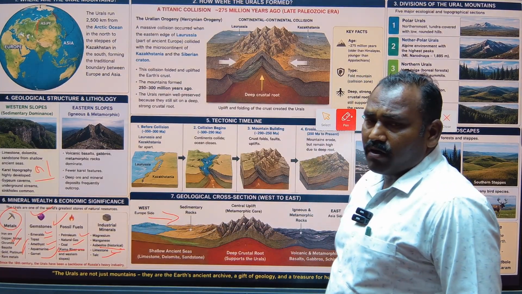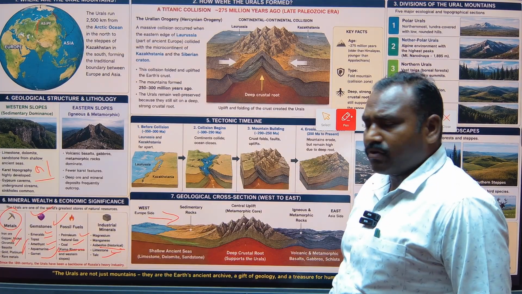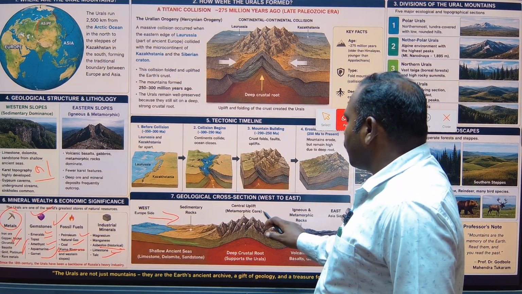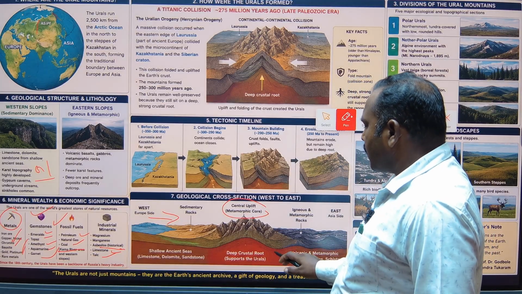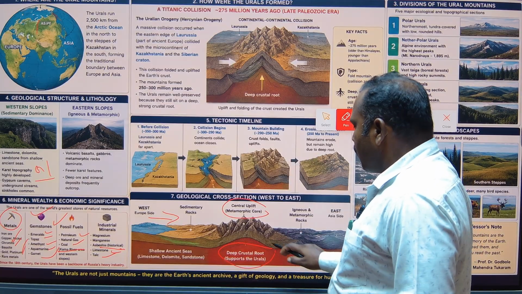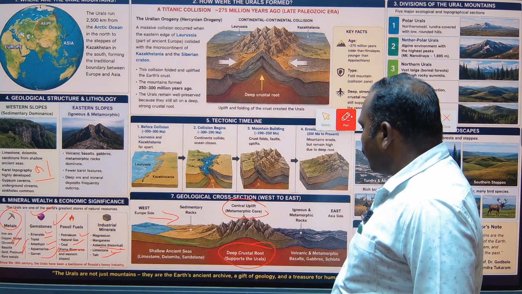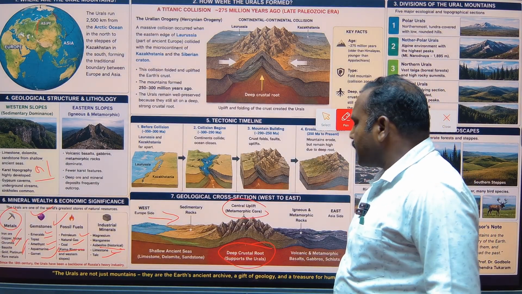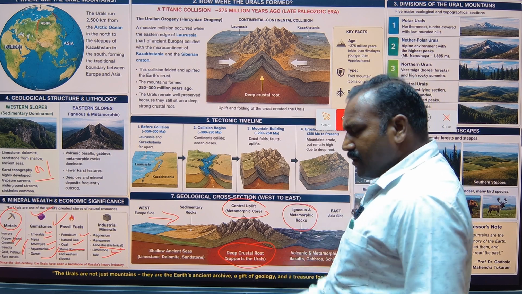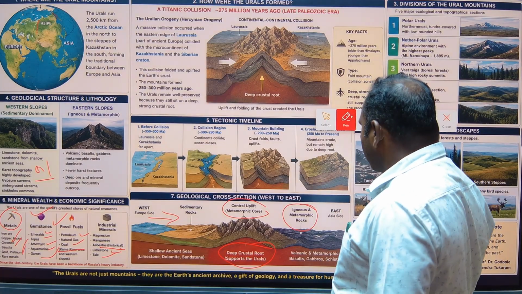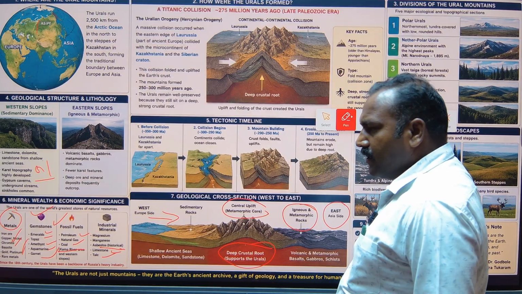The sedimentary rocks were encountered first during the collisions or in tectonism, and then the central region was uplifted. This uplifted central region has a crustal root, which supports the long endurance of the Ural mountains. Coming to the western side, the igneous and the metamorphic rocks. Coming to the eastern side, the igneous and metamorphic rocks, as well as the East Asia side, we may also